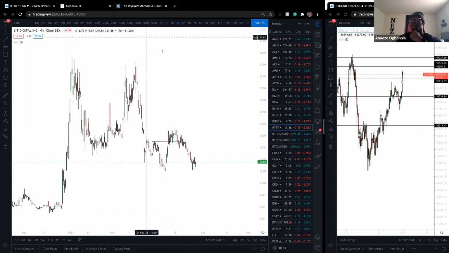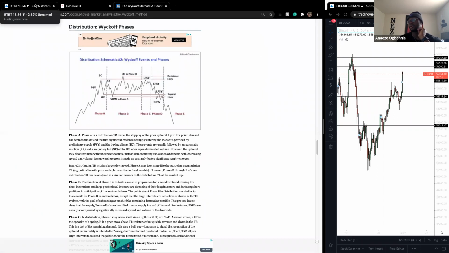So distribution, market structure combination with order block entries, but you can see that already activated. Distribution would always complete, whether it's perfect or not. It doesn't have to always complete. My target is always going to be at the end of the sign of weakness. So if my sign of weakness is like,